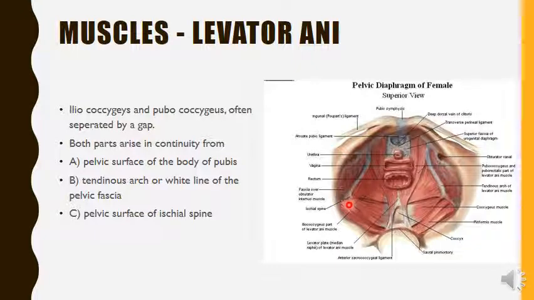So fibers of this ischio-coccygeus are attached to the sacrum and coccyx, whereas the rest of the fibers, that is iliococcygeus and pubococcygeus, these other fibers, converge into the midline. And this midline attachment forms a raphe posterior to the anorectal junction. This is the anorectal junction, right? Posterior to the anorectal junction, all these fibers which converge towards the midline form an anococcygeal raphe or anococcygeal ligament.